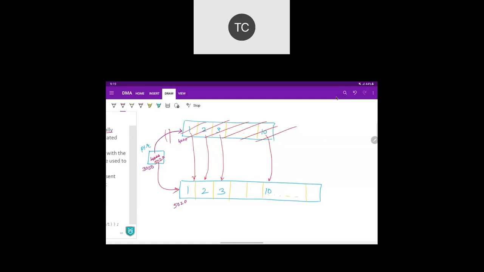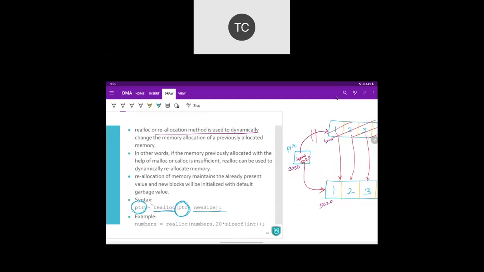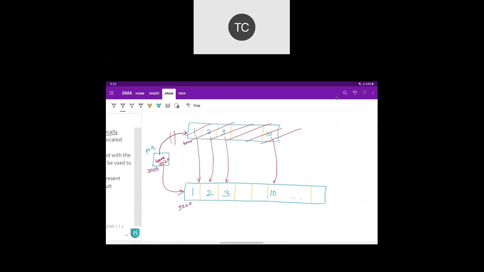Actually, it will return the new address 5020, but you store that new address in the same PTR variable. So PTR will be updated, and now PTR is pointing to the new memory allocated to us. These are the steps happening when we call the realloc function. We pass our pointer as the first parameter, and the second parameter is going to be the total new size.